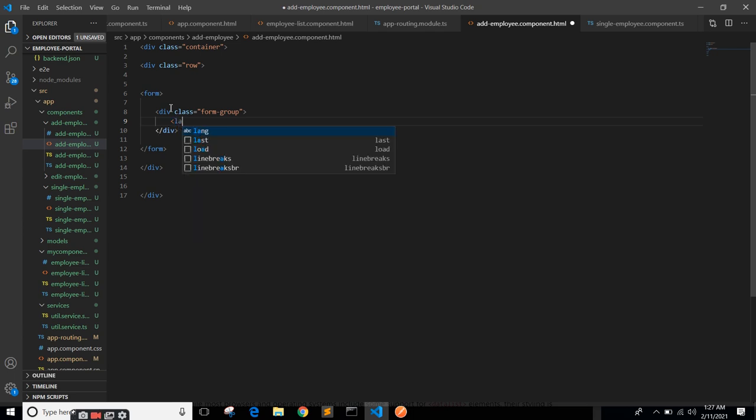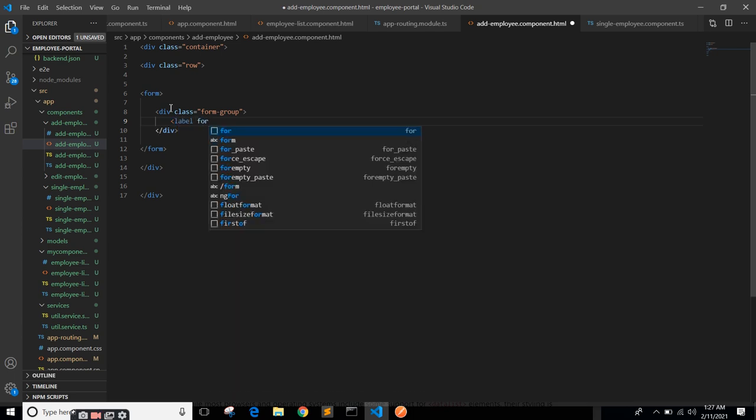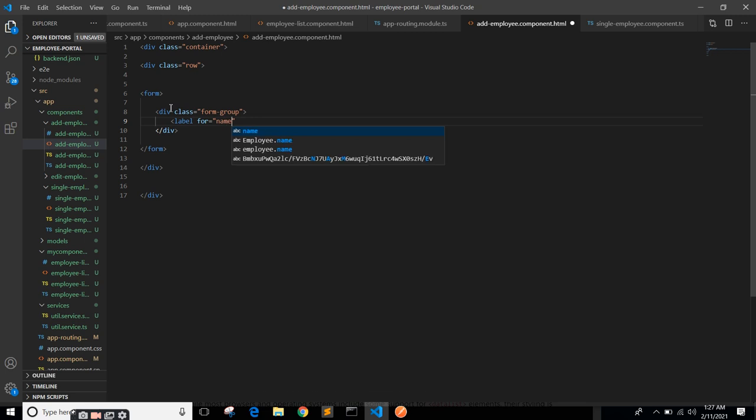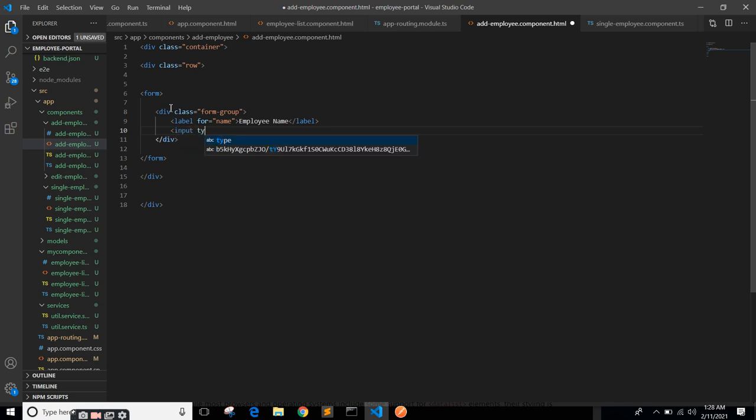I want a label for name, employee name. Okay, and then we want an input type of text,